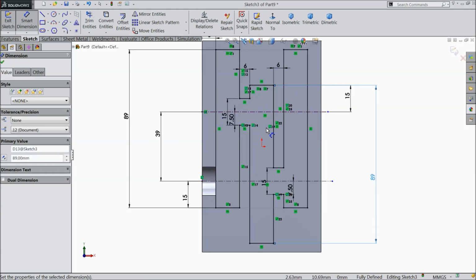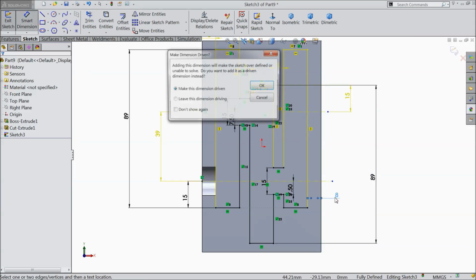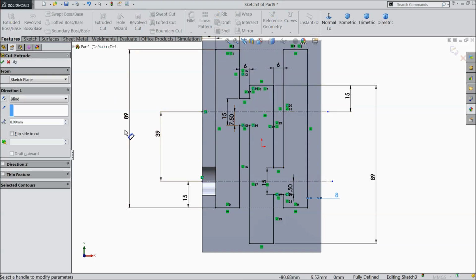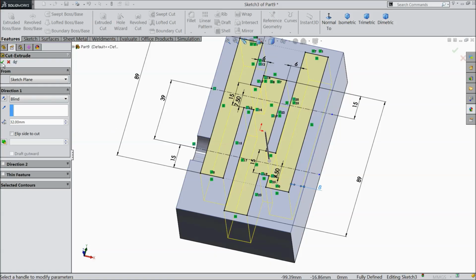I hope you note down all the dimensions. Just check the dimension from another edge, 8 mm by default. Okay, now select extruded cut. See these cutouts and make the depth 32 mm inside. Okay,